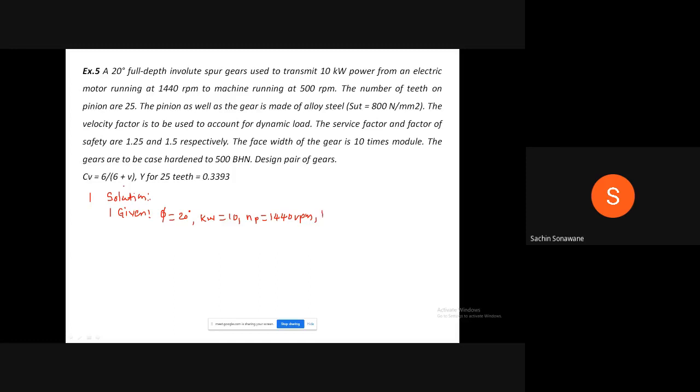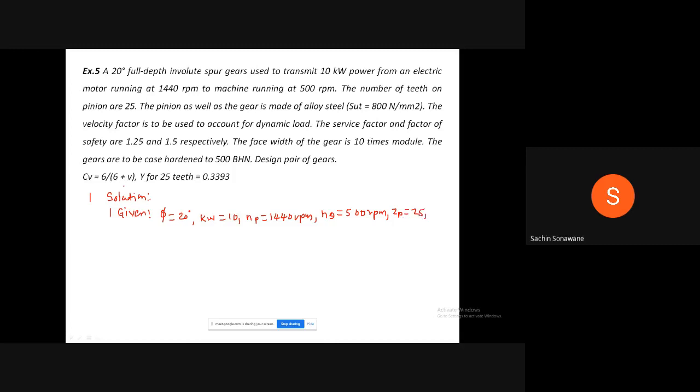Np, Ng they have given, Ng is equal to 500 rpm, then number of teeth on pinion Zp is equal to 25,